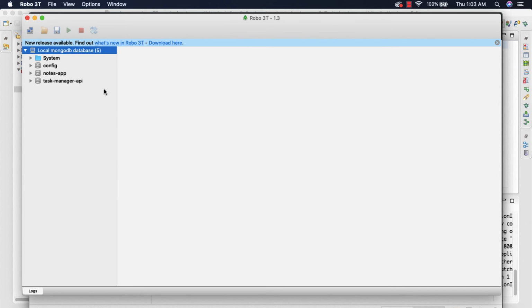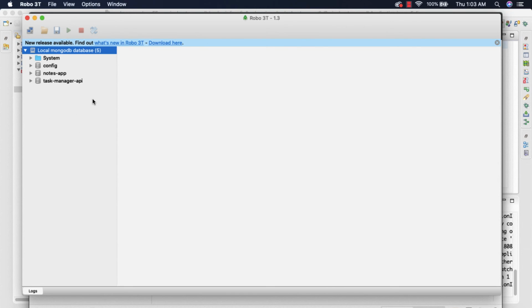For some reason it is not refreshing, so I'm going to manually refresh this. Okay, so the database will not be created until at least one document is there, otherwise the database is not going to be created in MongoDB.